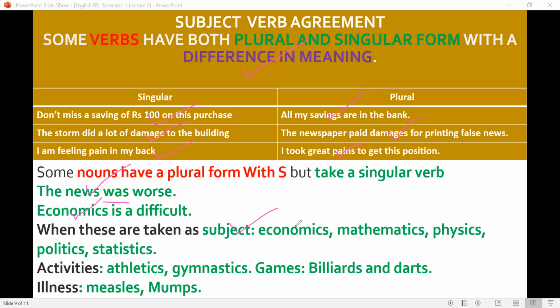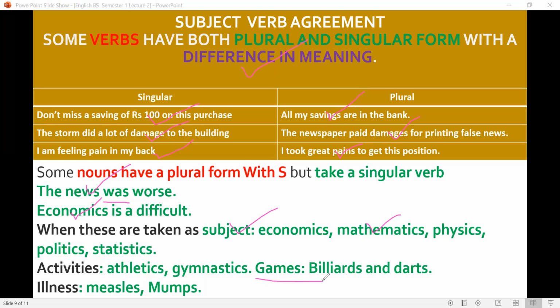When you take it in another sense than a subject, it will become plural. Similarly, mathematics is a difficult subject, but if you take it in another sense than the subject, it will become plural. Similarly, physics, politics, statistics, activities like athletics, gymnastics, games, billiards, darts,